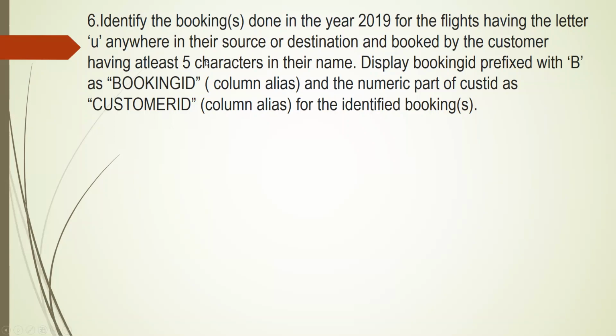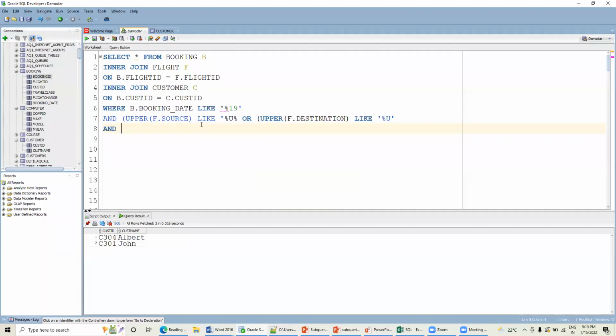And the next condition is at least 5 characters should be there. So at least 5 characters means what is that? How will you write it? You need to check the length, right? Length of the customer name. So c dot customer name, okay, greater than 4. Clear, right? Simply I'm writing on the flow. So where b dot booking like,